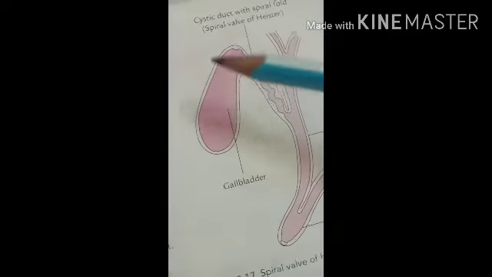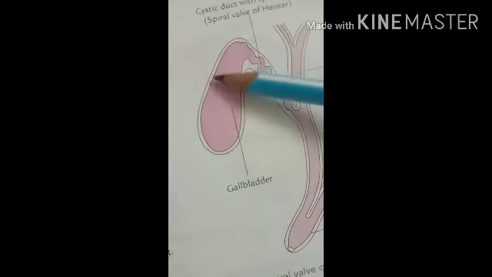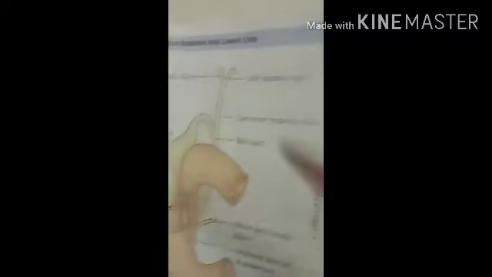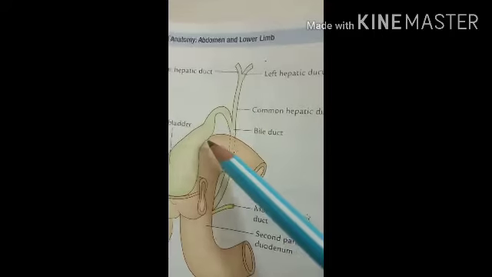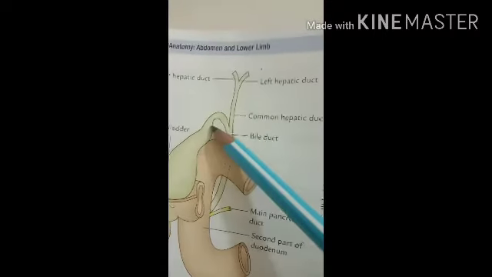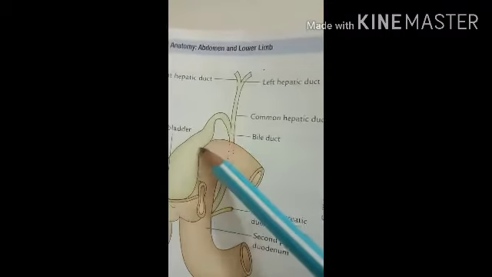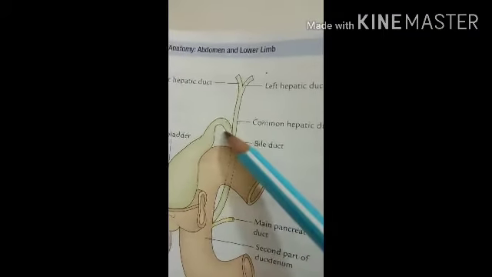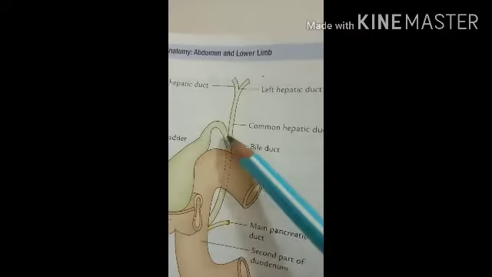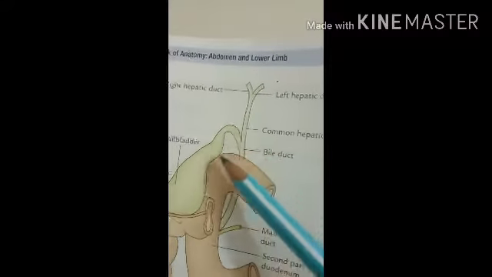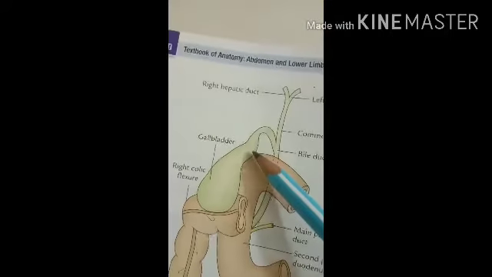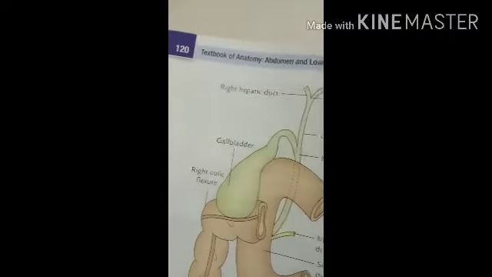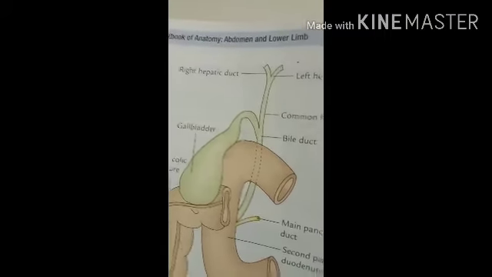Then the posteromedial wall of the neck is dilated outward to form a pouch. It is called the Hartmann pouch. Here you can see this dilated part, forming a pouch-like structure. It is directed downwards and backwards, and whenever gallstones or calculi are formed, these stones may be lodged in this pouch. So that is called the Hartmann pouch.